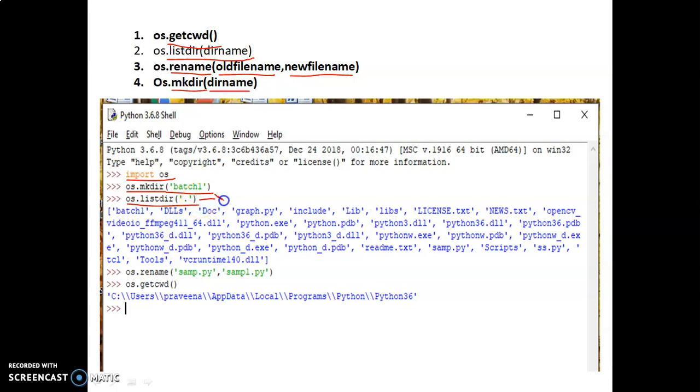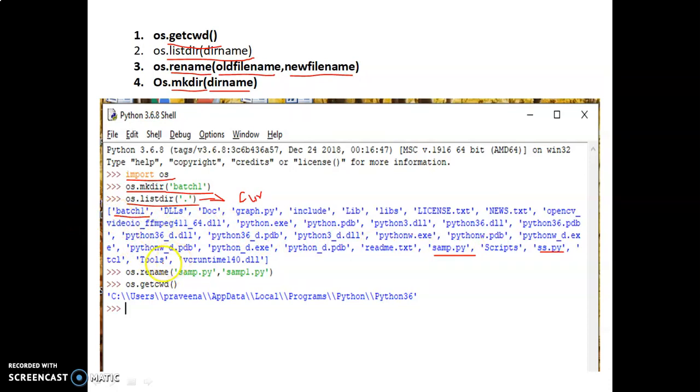Dot represents the current directory. In that I have all these files and directories. These are some of the user defined files which I already created, and this is the directory which we created just now.